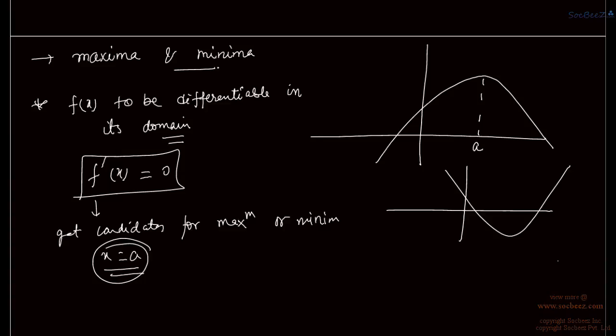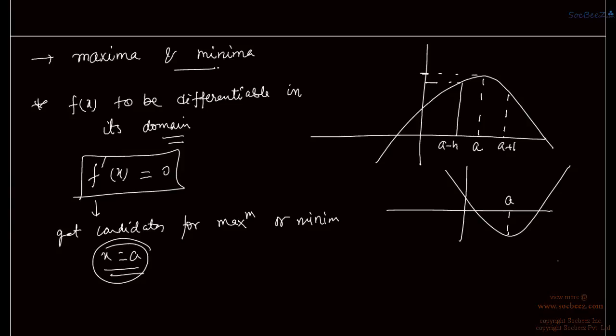So say at x is equal to a, we have a candidate for maximum or minimum. So if at x is equal to a a maximum is occurring, then before a, if we take any point a minus h, we will be getting a value which is less than this value,